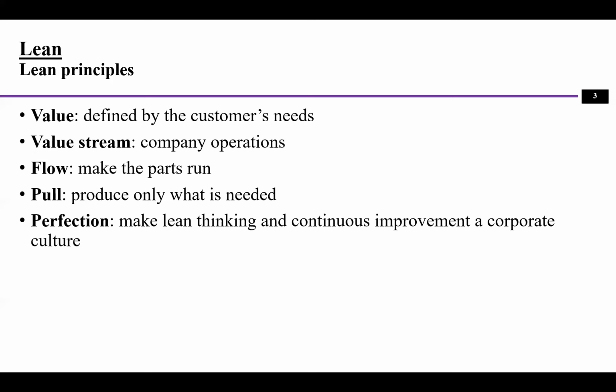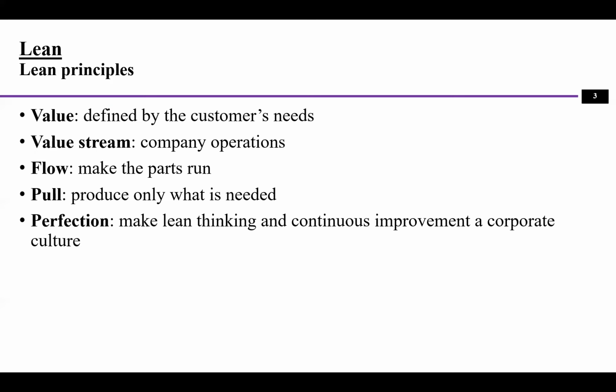So this lean thinking means, we always start to think, where are these wastes? Where are these non-value added activities? And how can we improve? How can we solve problems? Right? So the concept for continuous improvement is that there's never a perfect, right? So we can always find ways to improve our process.